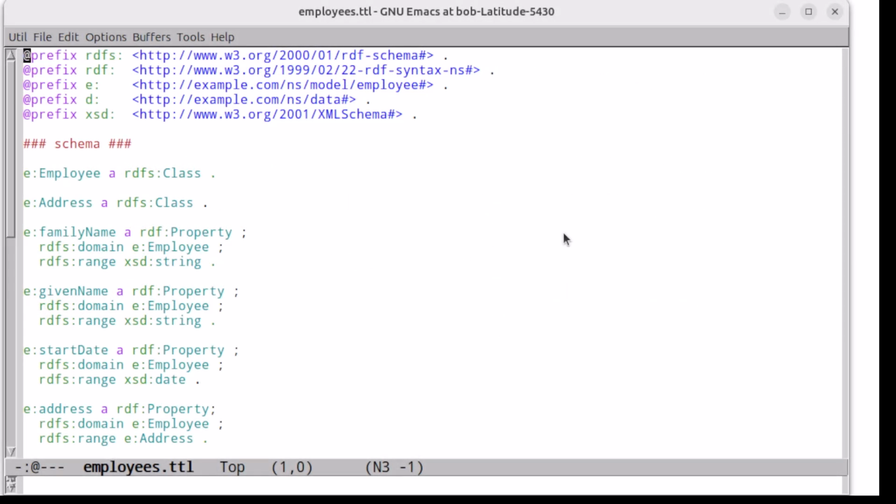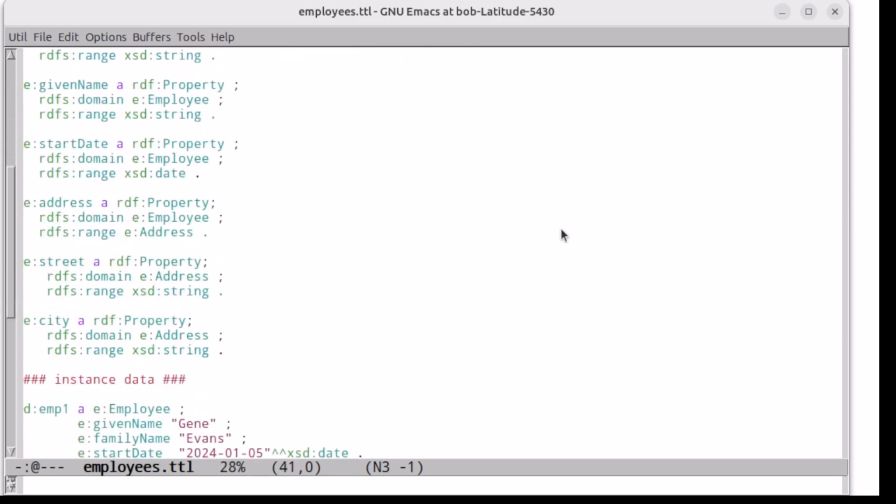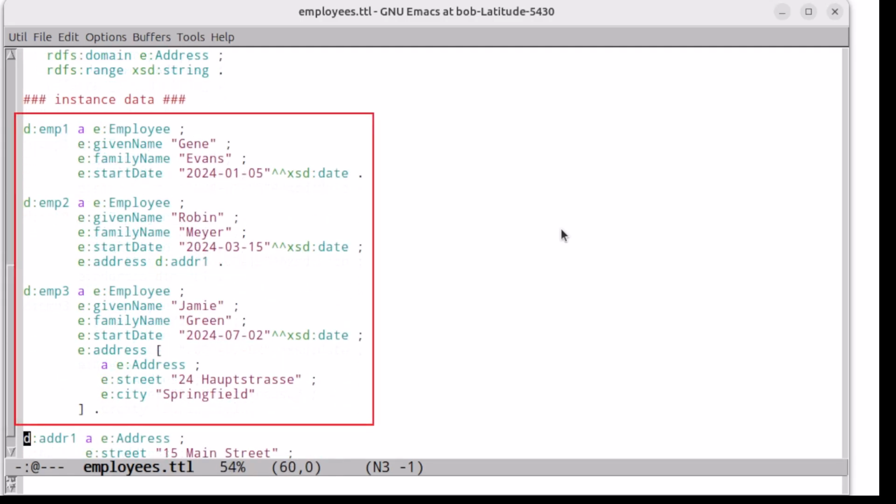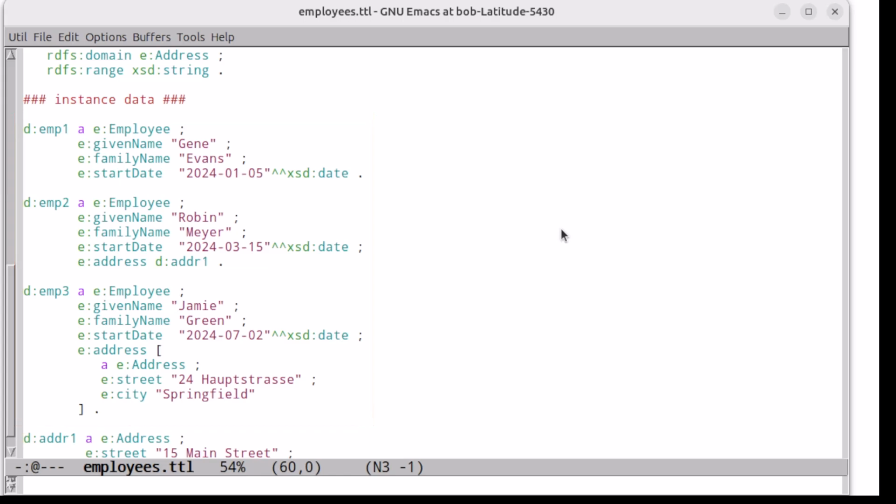Here is an RDFS schema for data about some company employees. Each has a family name, a given name, a start date, and an address. The employee's address is an instance of the address class, and each one has a city and street value. Below that, we see some sample data that follows the structure of the schema. 3 people, 2 of whom have addresses. The other file that we'll be importing